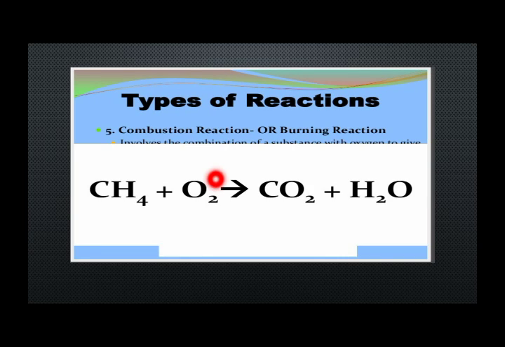Here you can see the chemical example also, that when methane gas, that is CH4, is going to combust in the presence of oxygen, meaning it's going to burn in the presence of oxygen, carbon dioxide and water will be produced. Now where can we see this example in our daily routine life? In our home, in the kitchen, in the stove, the gas which is coming out from the stove is methane. And when the oxygen in the air is going to react with that methane, when we are going to burn that stove, what will happen?